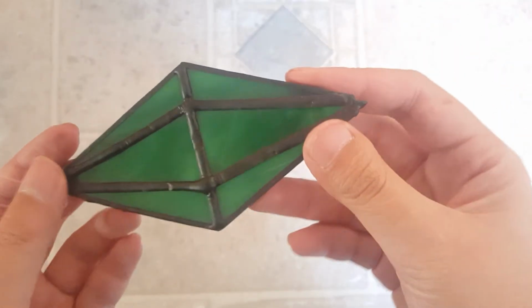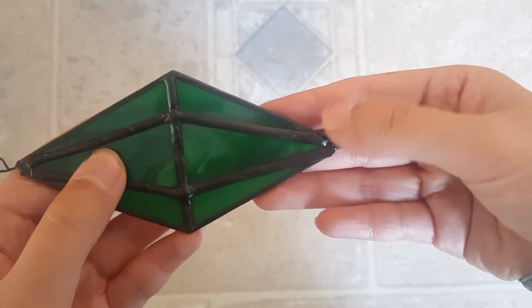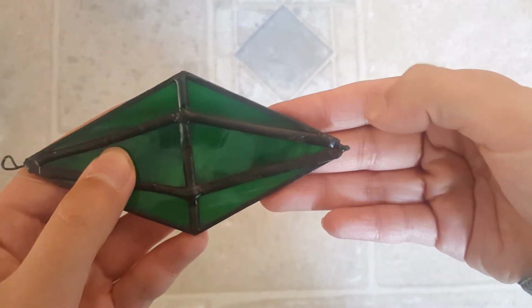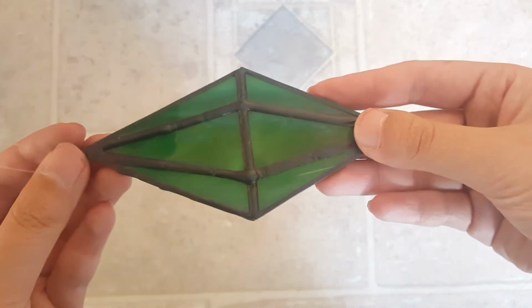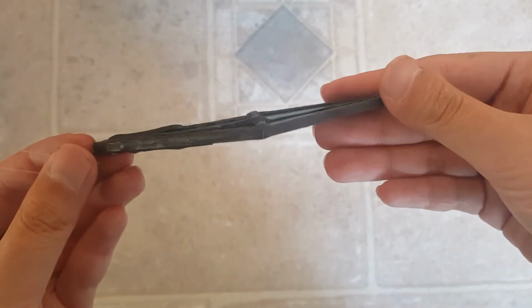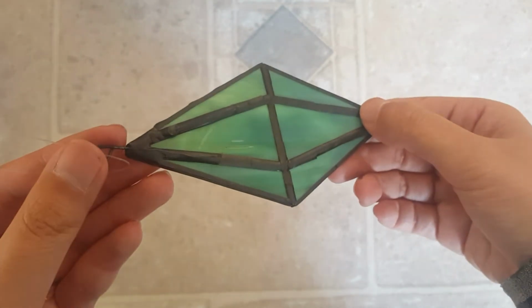The first obvious thing is that the glass at the bottom and top don't line up. I overground some of the pieces, and it just looks bad. The second thing is the soldering. The lines are uneven and choppy, not smooth at all. To be fair, this is my first project after a year of not doing stained glass, so I was a